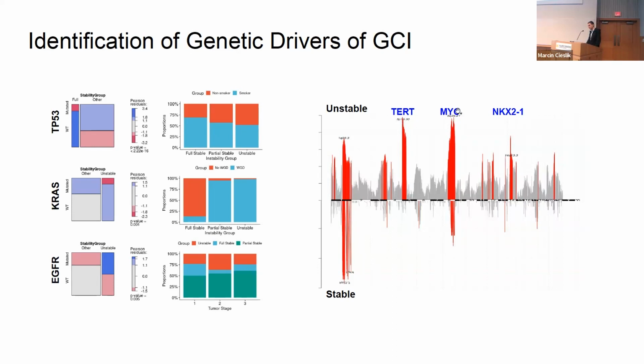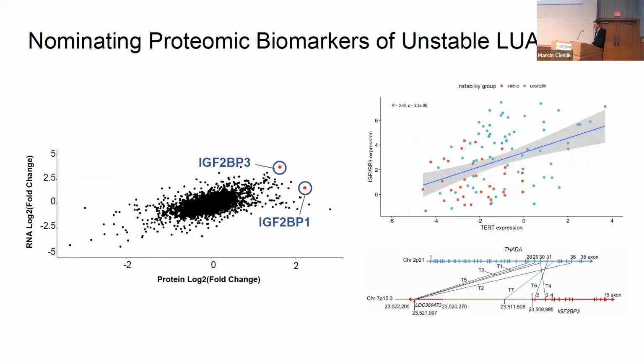MYC is a transcription factor that is necessary for high rates of proliferation. So we found significant associations between those known oncogenes in those unstable tumors. But we wanted to also understand what's going on there from the proteomic side. So having access to the proteomic information for those